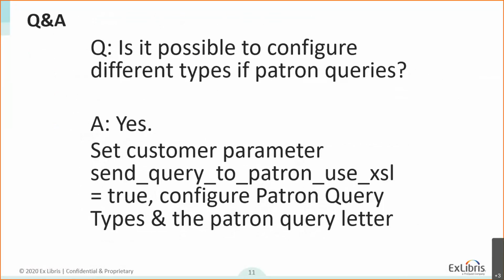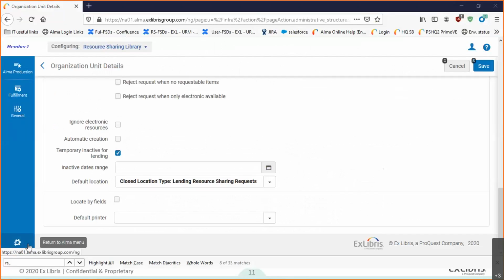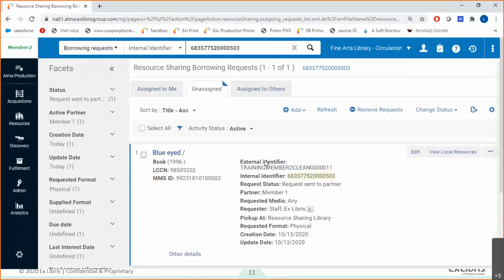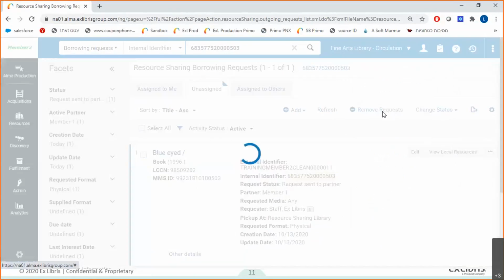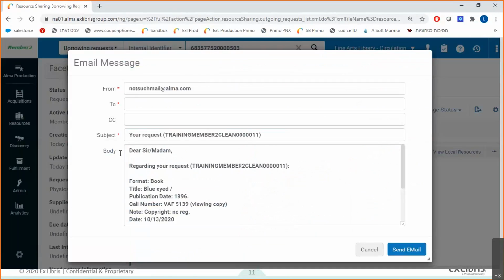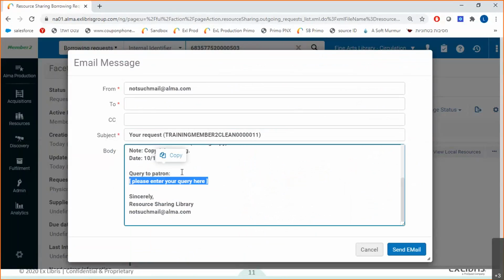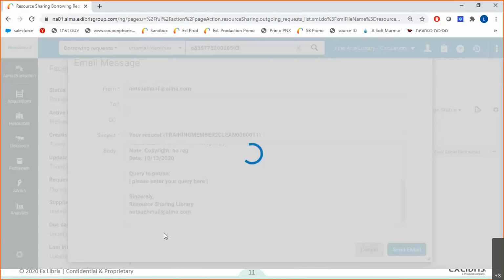And the answer is yes. Yes, you can. So let's look at my borrowing request. That was this partner, right? So I have my borrowing request here, and maybe something is not clear, and I want to send my patron a quick question just to ask something. I can have a drop down. I can have this set up and just add my text here. But I can also set up